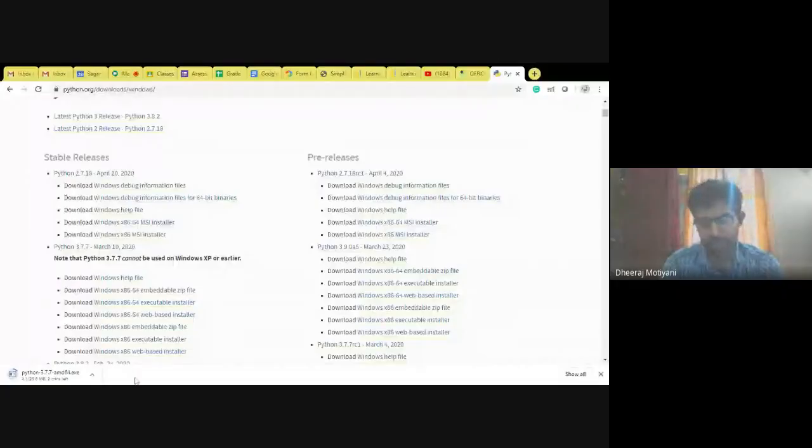You can double click and set the settings there. I will be partially showing you the settings because I have already installed Python 3.7.7, so there is no confusion. So what are the steps to download and what are the steps to install Python? It is very clear for you how to install these things.